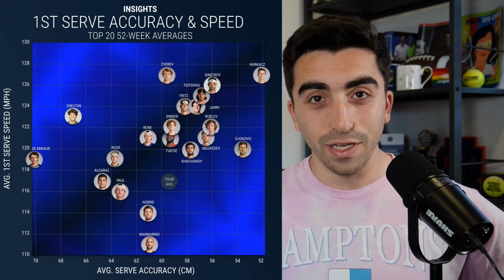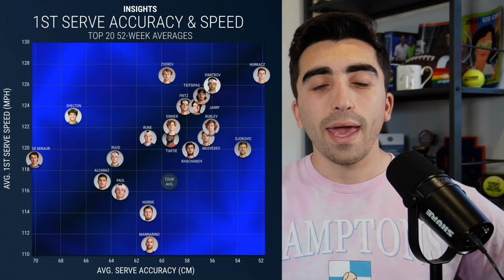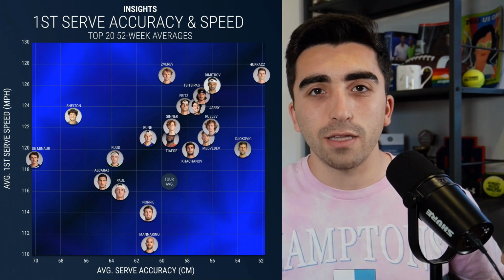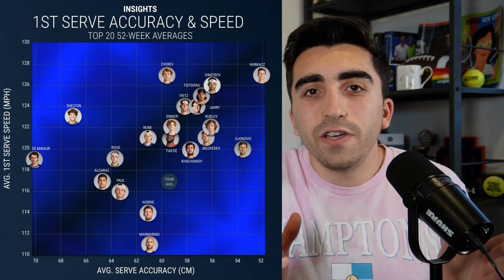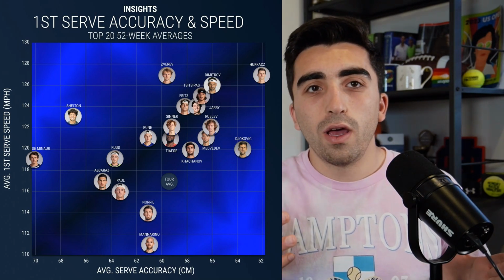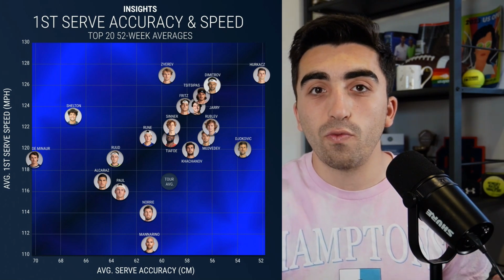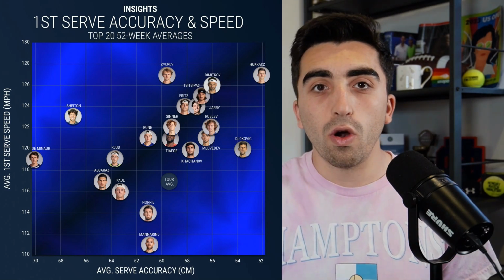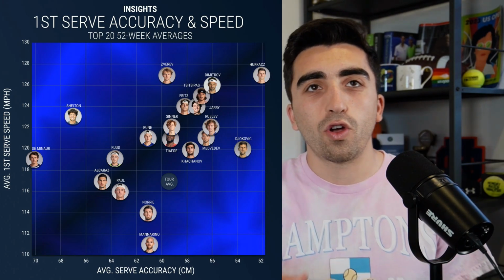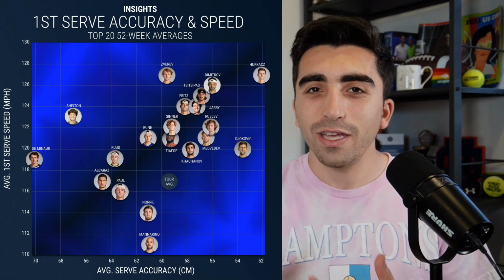Here's why I love this. It shows us serve accuracy, spot serving. It is extremely difficult with the naked eye to evaluate spot serving. Now, if you give me one individual point and we see a serve, most people can look at the serve and say that was an accurate serve where the server hit their target, or that was an inaccurate serve where they missed their target. However, over the course of hundreds and hundreds of serves throughout a match,